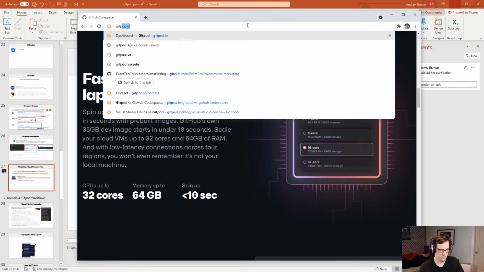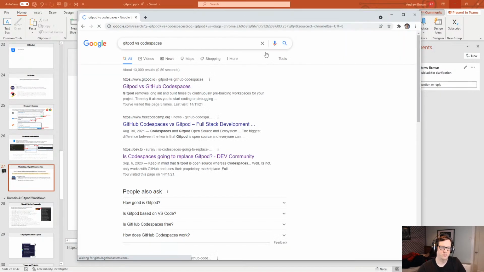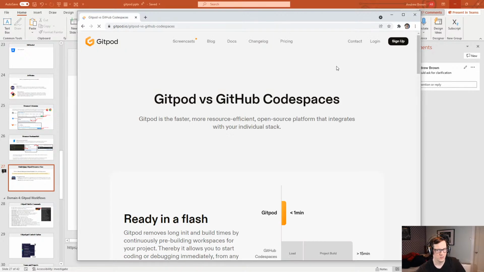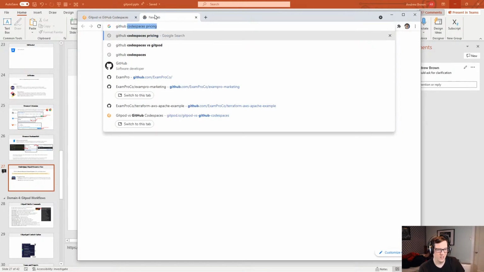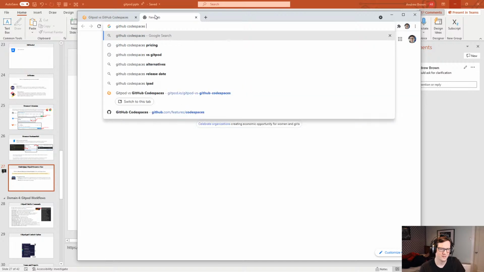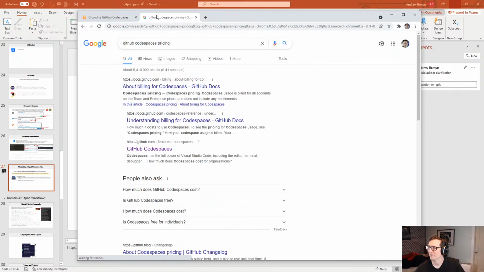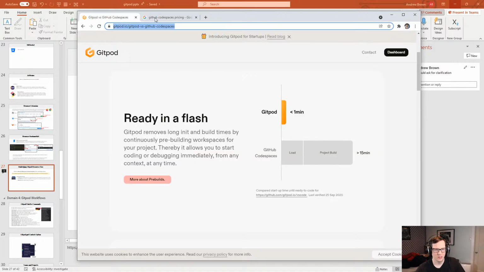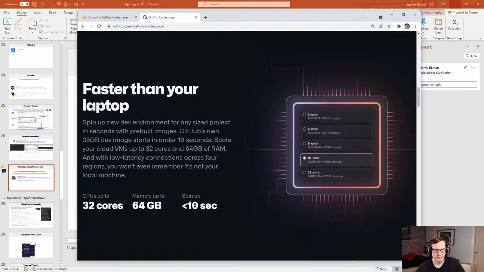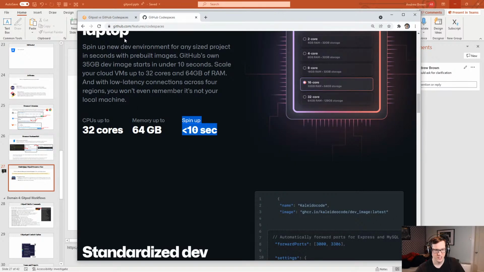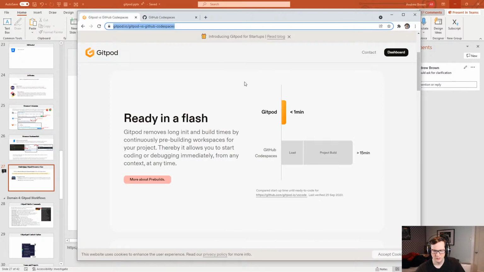I think Gitpod, so it's Gitpod versus, let's see what they say on the marketing page. If it's wrong, I don't care. So here they say, oh, I wonder if it's a lie though. I wonder who's lying. GitHub pricing, let's go back here. If we were trying to mine for free tier SaaS, there will be more free tier SaaS. Okay. Oh, I want to go back to that pricing page I was just on here. So if you go here, it says it spins up under 10 seconds. And then here,